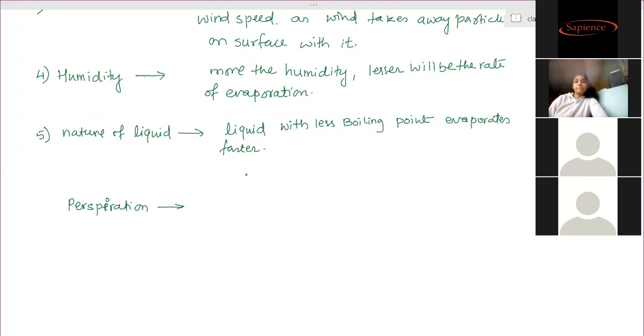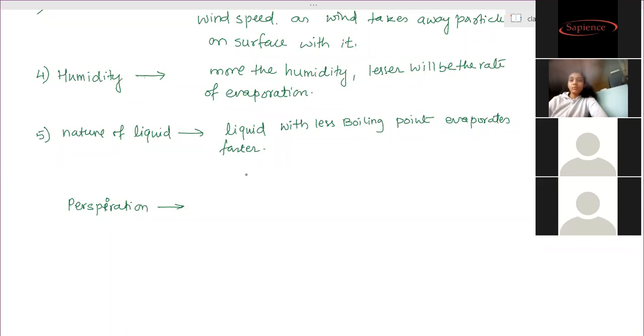I won't tell this. What is happening? How is the cooling effect produced? Which part of the body loses energy? Tell that. You have to write how the cooling will take place. Ma'am, when the sweat evaporates, it takes the latent heat of vaporization of water from the body, and by losing heat, our body feels cool.